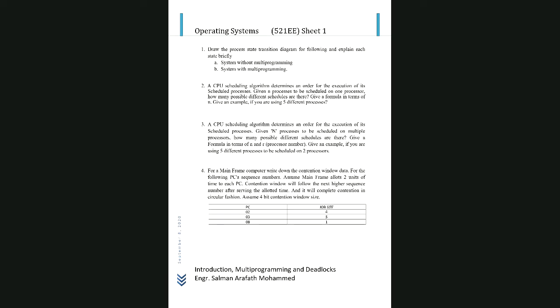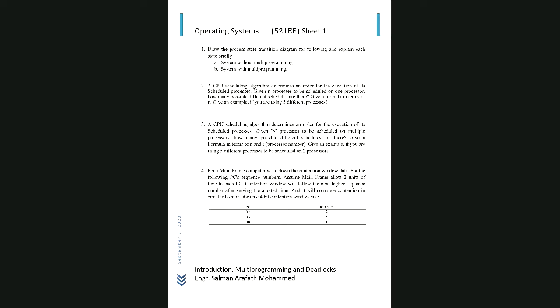Similarly, CPU can execute only one process at a time. If you have one process, then there is no schedule. One process goes directly to one processor and it will execute, no problem. If you have two processes, for example, process P1 and P2, then you can execute either first P1, then P2, or you can execute first P2, then P1. So there are only two possibilities. You don't have any third situation.